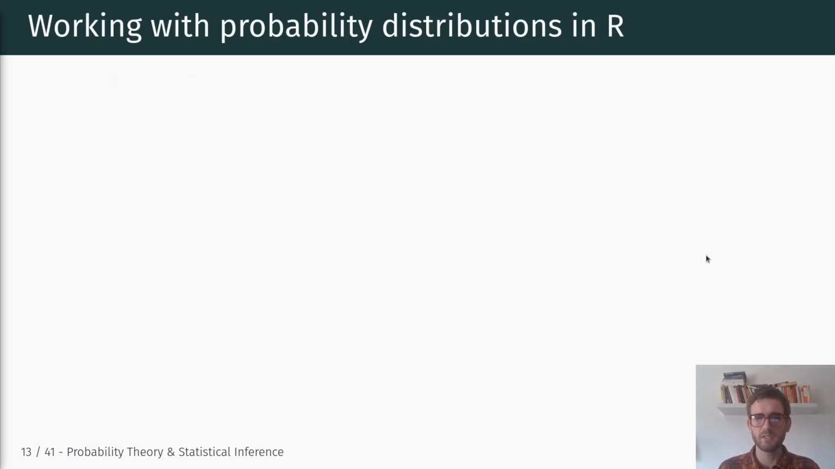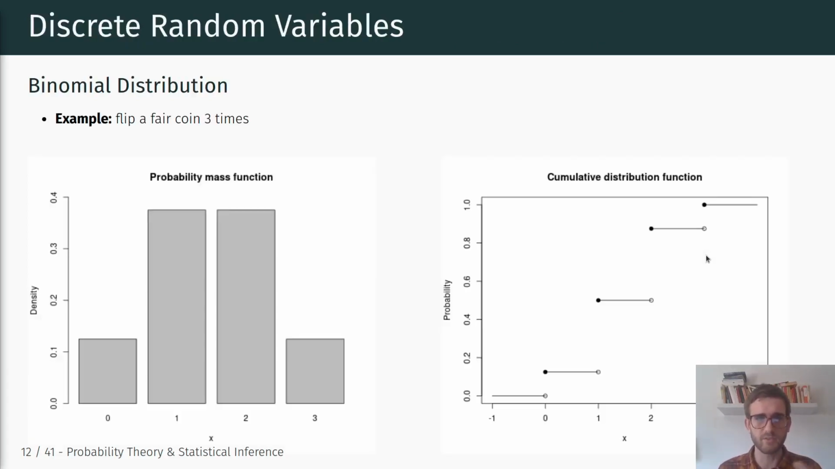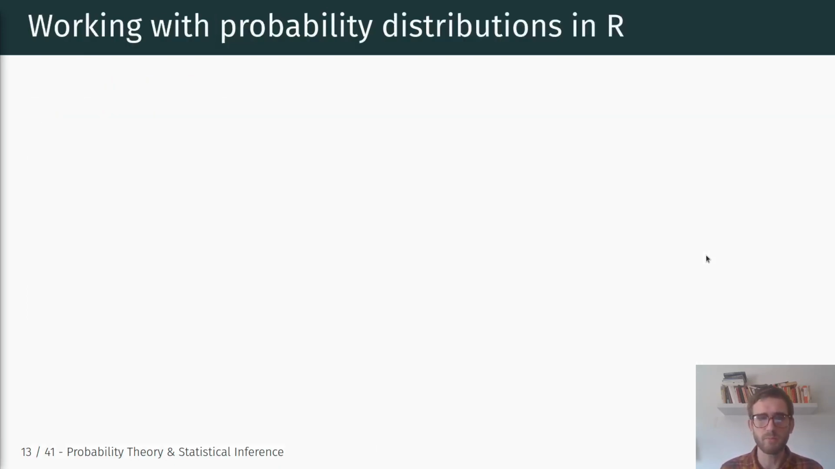In general, in one of your assignments, you'll have to work with these probability distributions, not the binomial distributions, but other types of distributions. There are other discrete distributions like the Poisson distribution, negative binomial, and so on. And in general, if you're working with probability distributions in R,